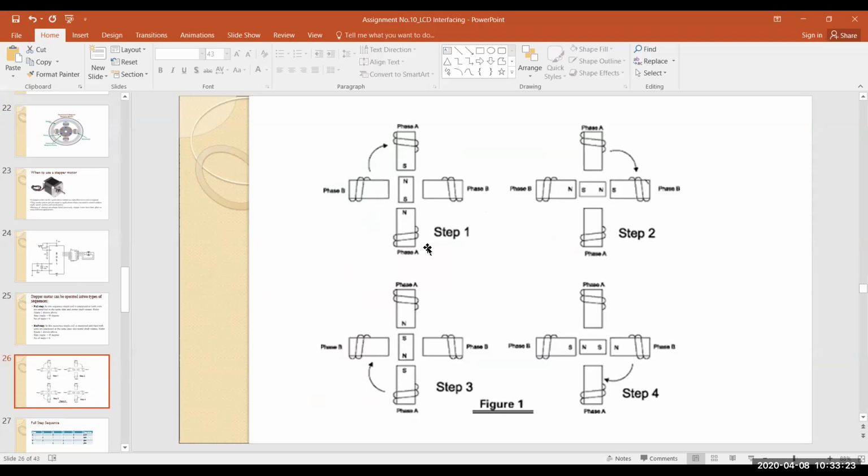We give electrical current to this coil, and only then the magnet inside the stator gets activated. Listen very carefully: the magnet inside the stator gets activated only when we are sending the current to that particular stator.